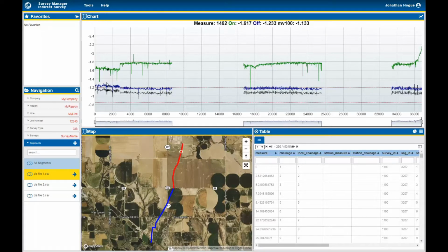What we can see is that as I move my mouse along the graph here, I get to a certain point and look down at the map, and the first segment that was loaded was done north to south. The second segment was south to north, and then I keep moving on, and now I hop back to the third segment, file number 3, and that's north to south again. So what I have here is a directional problem that I can very easily fix using one of these 3 arrows over here. So it was the second file, the CIS file 2.csv, that was in the opposite direction of